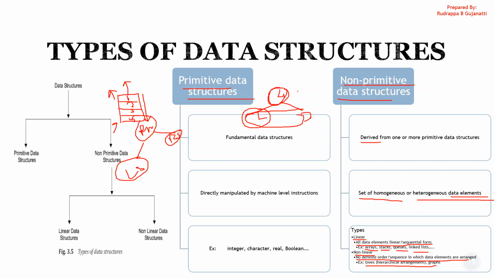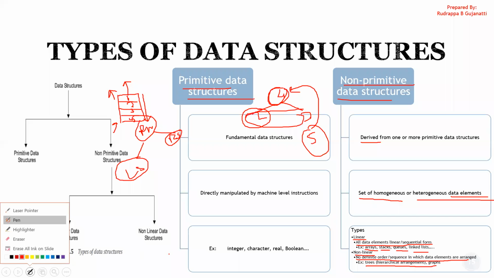If some third element comes in, you have to add another element, 5. Where this 5 goes and sits, whether it becomes the root node or the left subtree or right subtree, all these conditions matter. But here that is not the condition. They are all linear, whether this is greater or lesser, no matter. They are kept in one linear fashion.